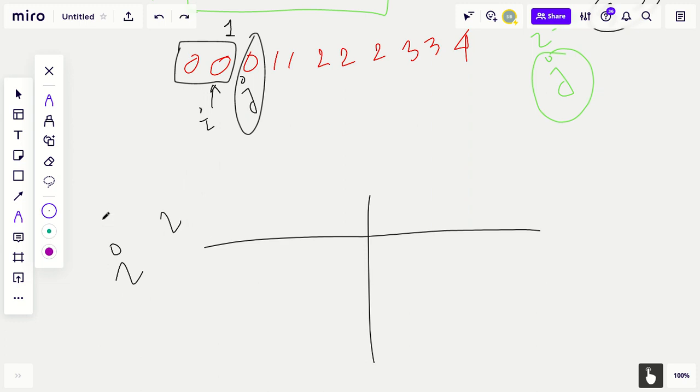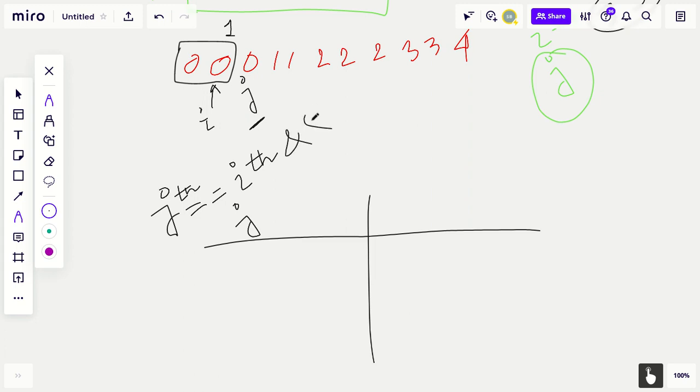Let's see. So now when j is over here, we are going to check whether nums[j] is double equals to nums[i], and nums[j] double equals to nums[i minus 1].